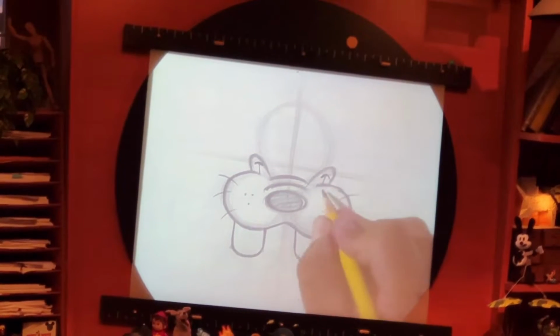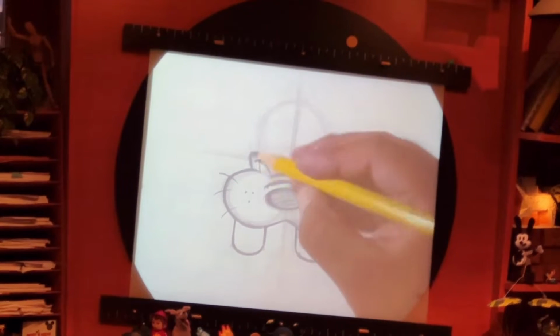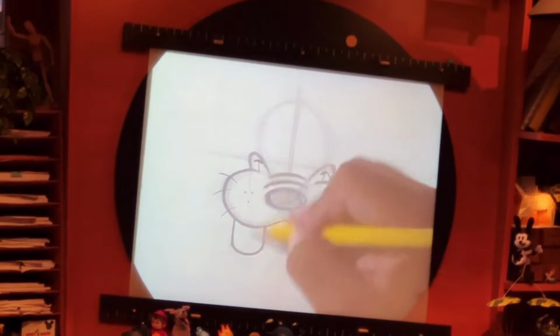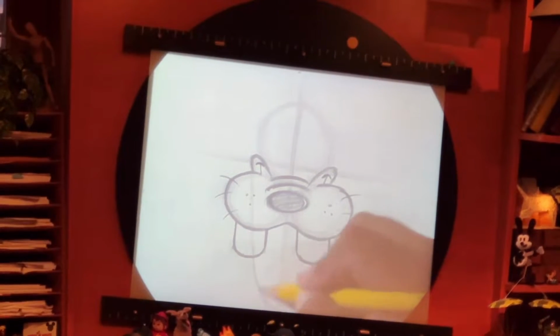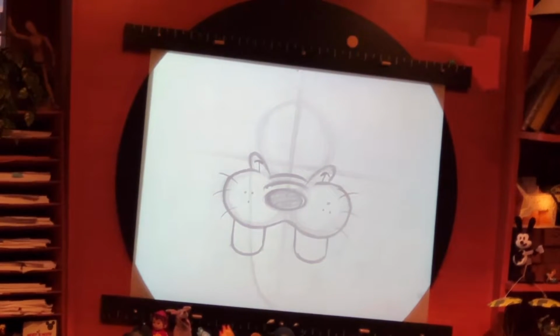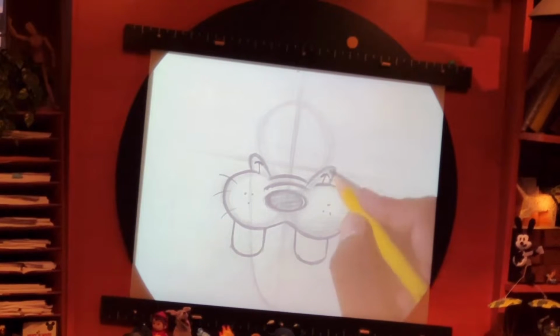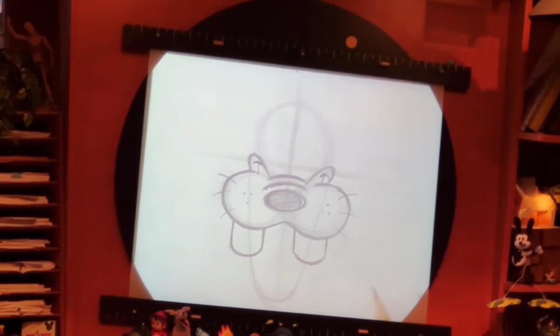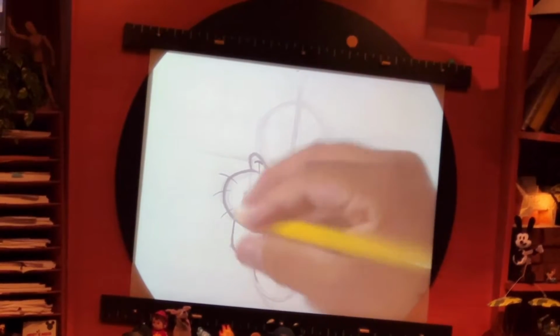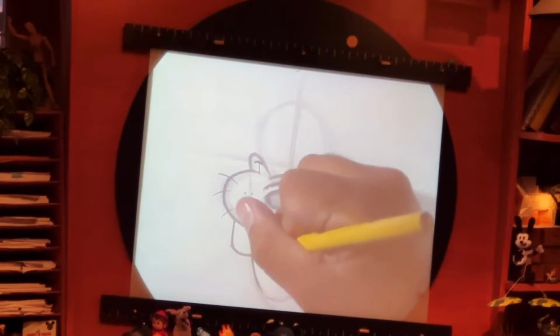So for this, I want you to use the cheek and draw very lightly through the muzzle. We're going to bring down 2 curves. I'll draw the one on the left first, and then I'll copy it on the right. Now, even though I'm drawing through his nose, his muzzle, and his teeth, I'm only going to keep the parts that aren't already being covered up by something else. So in other words, I'll only lock in the lines below the teeth,